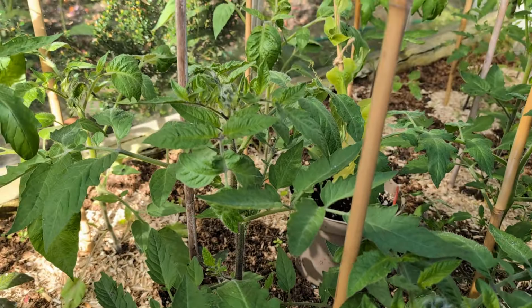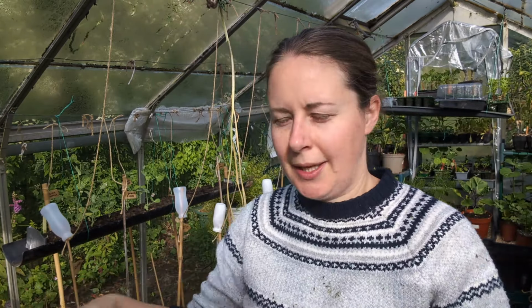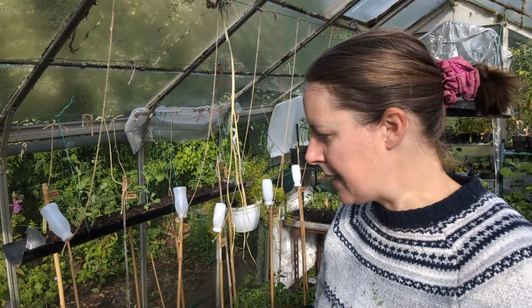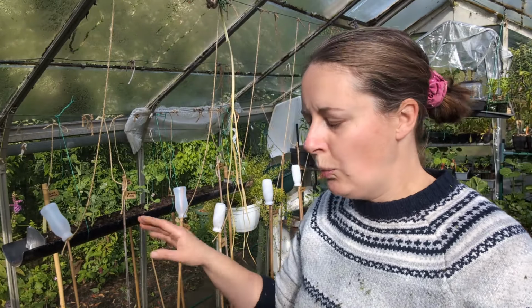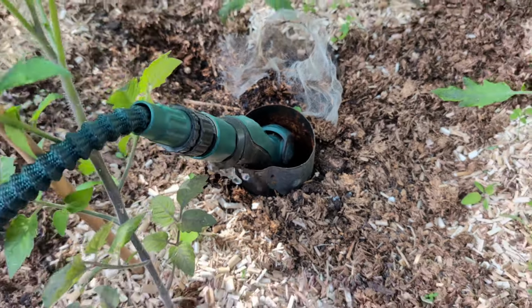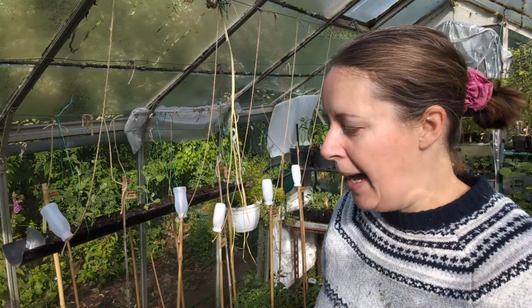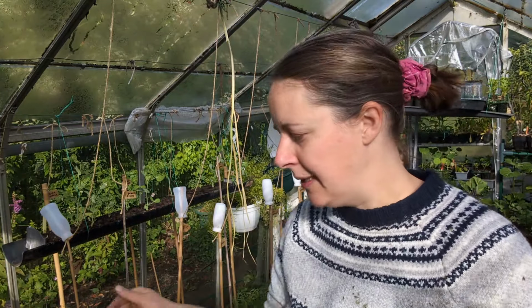But I'm going to water them today, and then from here on out I'm probably going to try and water them every five days, and every other water give them a feed. So I'm not feeding them this time, they're just going to be watered. I'm going to water the pipes that are in the bed, so the water goes down deep, and hopefully again the roots are going to try and seek that water, but I shall also give each plant an individual water